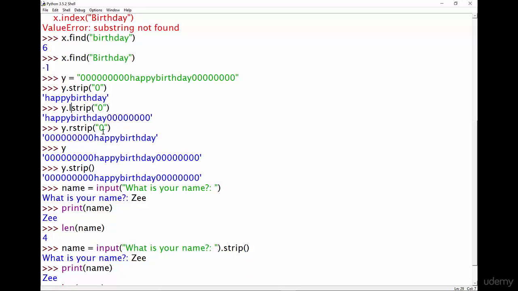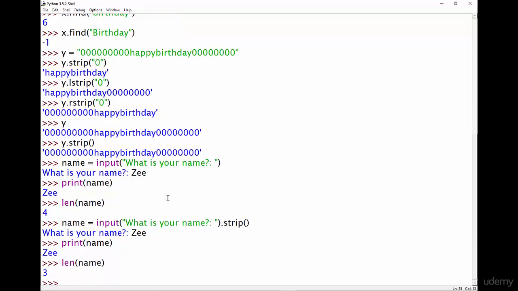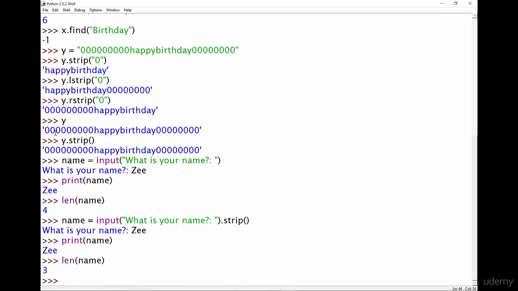And if you don't put anything inside the parentheses, like here, that will by default strip away any white space or any spaces that the user accidentally types. This is very useful when you're taking input, like here, because the user might accidentally type a space, or in my case, loads of spaces. By using strip, you can get rid of these issues and stop problems going on in your code later on. And also you learned about the len function, which is short for length,